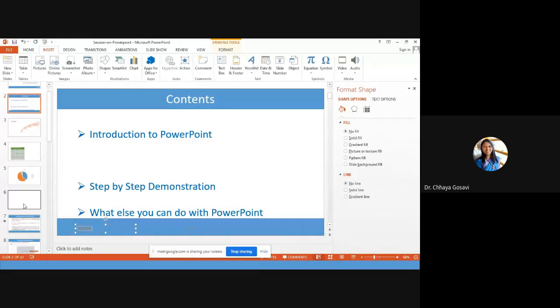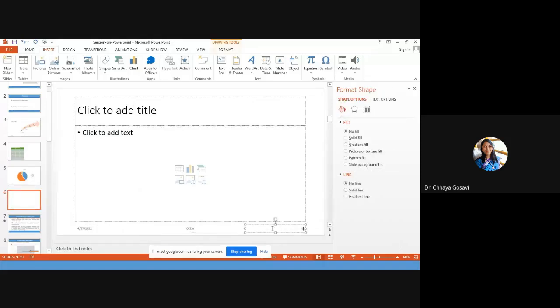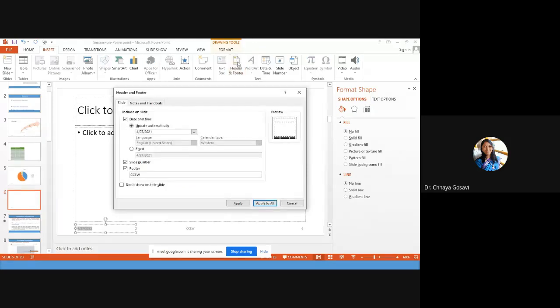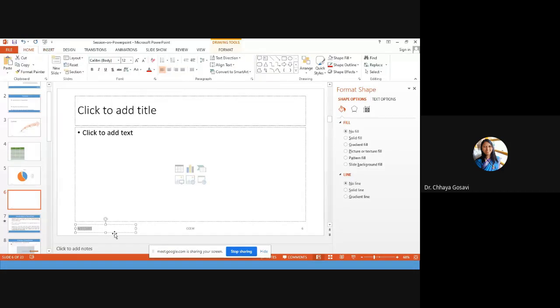Now it is here, it is visible on the blank slide. You can format this too. You can change the color when you click on this, here the format option is again visible. You can see header and footer. You can go into the header and footer and change here as a text box. You can change font size and you can choose color for your header and footer, whatever you want. You can also choose the direction where you want the page number, on the left hand side, right hand side, or on top of the slide, etc.